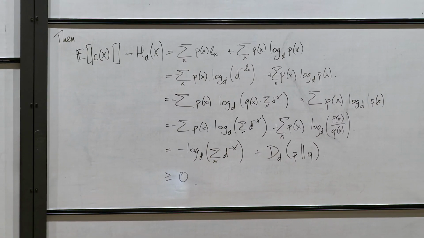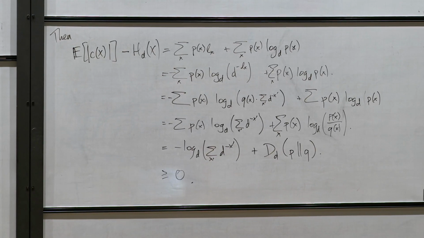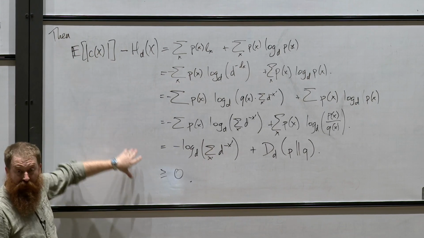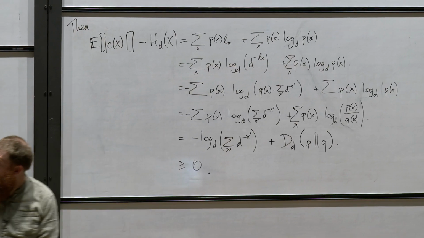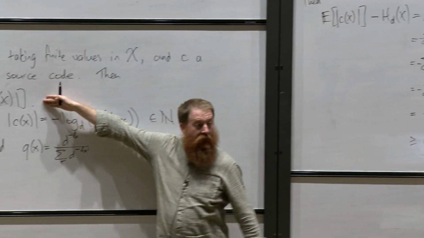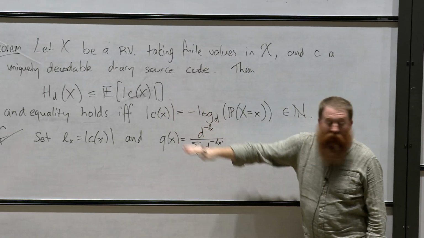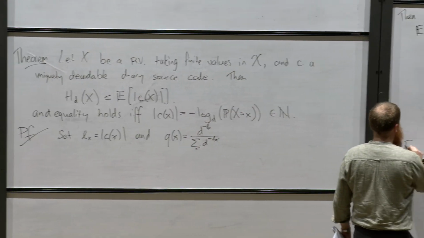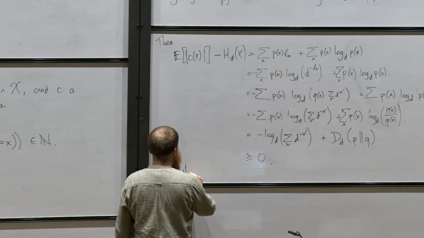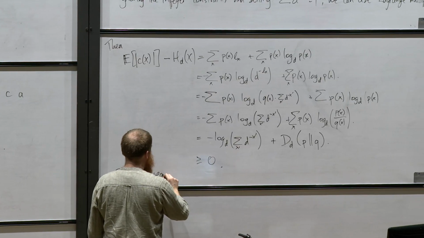Okay. But when could this be equal to 0? So I've proven the inequality that I want. If I look at my statement here, I've proven exactly this. When do I get equality? So equality requires,